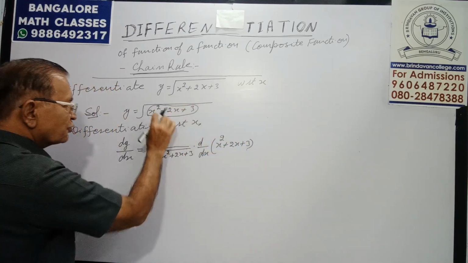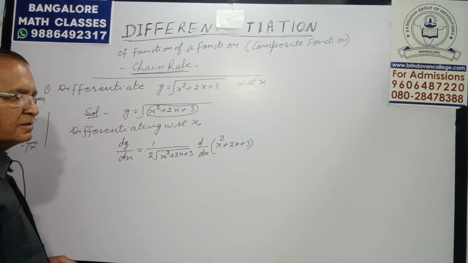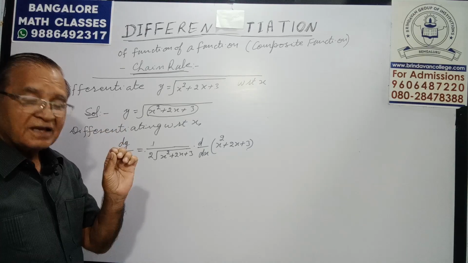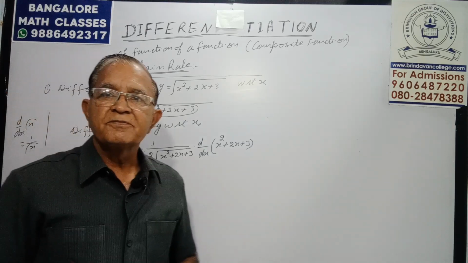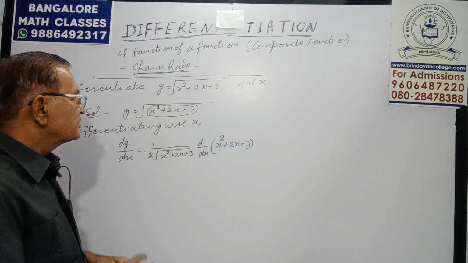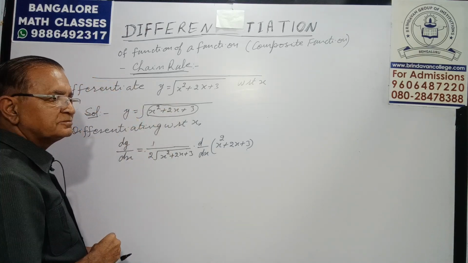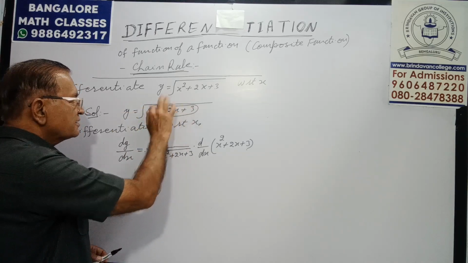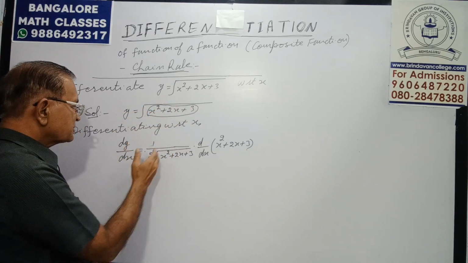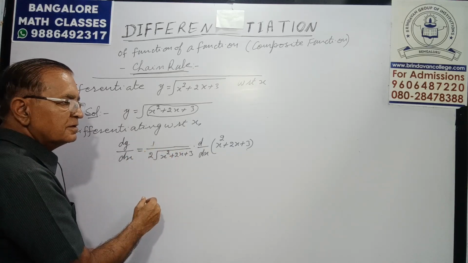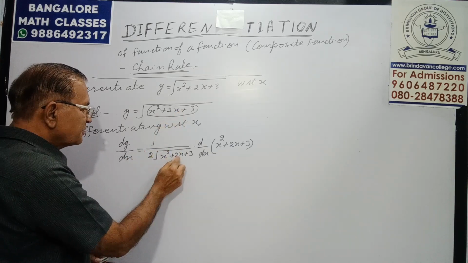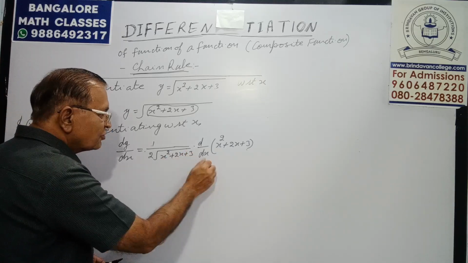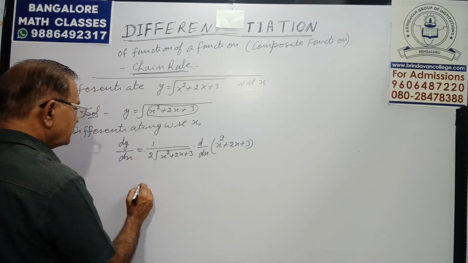If here it is root x only, then it is over. Because x is not there, go for the d dx of that part. See once again the concept, so simple is the concept. Differentiate it, assuming it as x. It will come out to be root x, so d by dx of root x will be 1 by 2 root x. For x we have x square plus 2x plus 3. Put that. Because it is not x, go for its d dx. That will give you the answer.